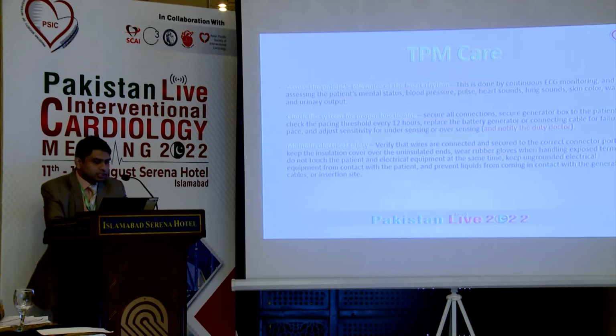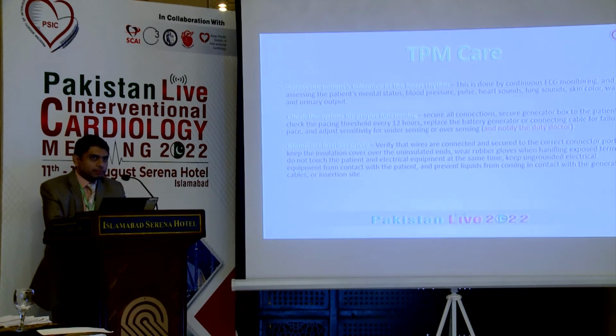You should do the 12-lead ECG and assess whether there is adequate pacing, and monitor the vital signs of the patient, and you should be inspecting the proper functioning of the pacemaker. So you should secure the generator box to the patient, check the pacing threshold every 12 hours, and replace the battery generator. This is the most common mistake which is routinely done, which has been identified in many setups,